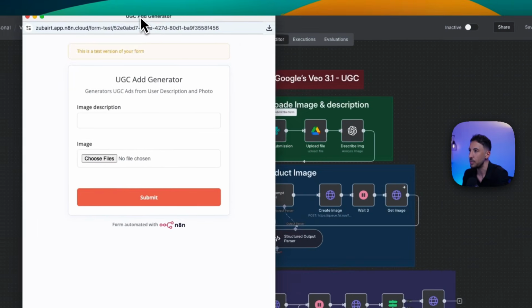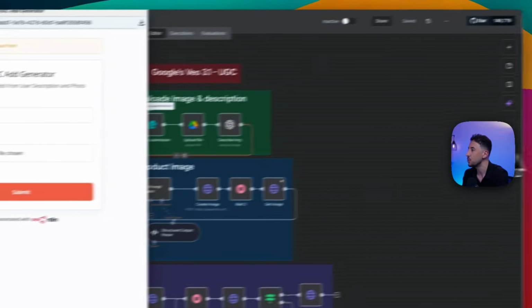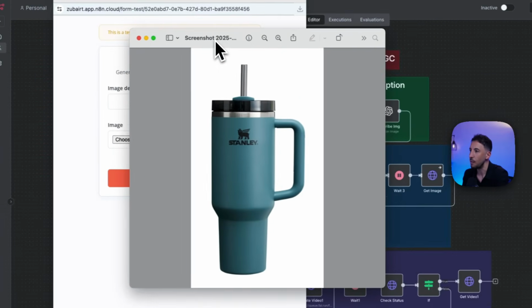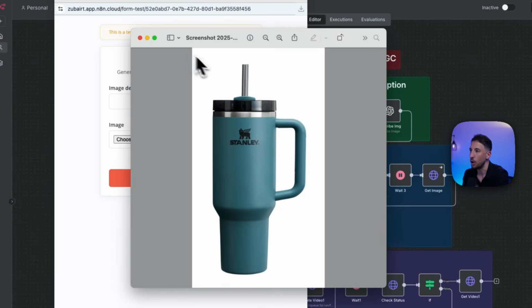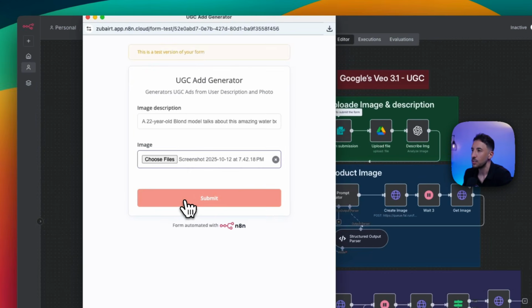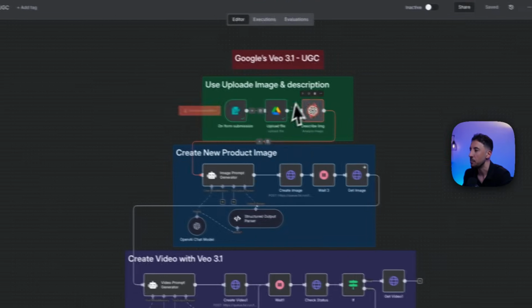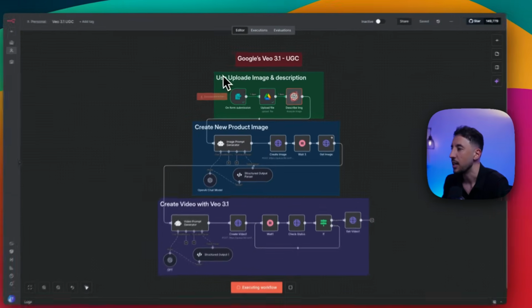This is going to pop up this form right here where all I have to do is provide the image description and choose the product image. I'm actually going to upload this Stanley water bottle and just say that a 22-year-old model talks about this amazing bottle. So let me go ahead and do that. Okay, so I'm going to go ahead and click on submit. And now this is going to submit this image, and then it's going to